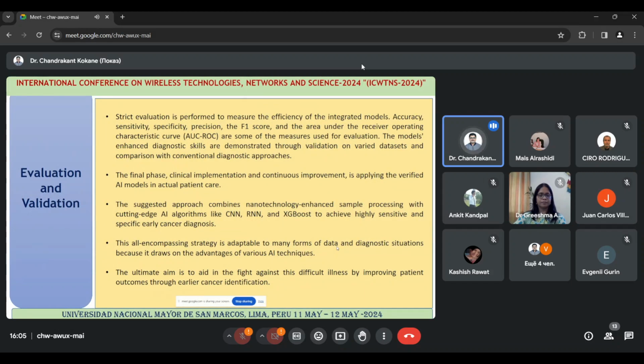After having these stages, we have the evaluation and validation: how the results are validated, how the data sets are validated. The data set is validated by using